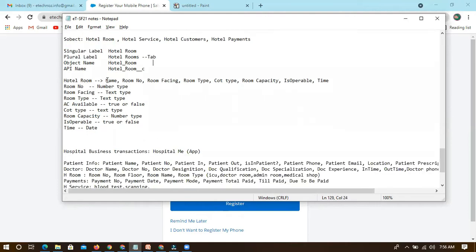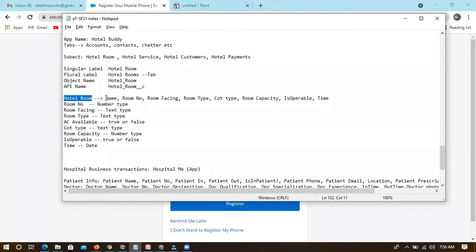Likewise we have identified hotel room, and it can have name, room number, room facing. These are again sub-categories of hotel room. For a single object, it is a combination of multiple fields, we talked about that, right? All fields combined we call an object, a complete memory space which is given, and these are all properties of that object. So properties we will identify as a field. This is one field, name is one field, room number is one field, room facing is one field. Likewise, we have identified all these fields.